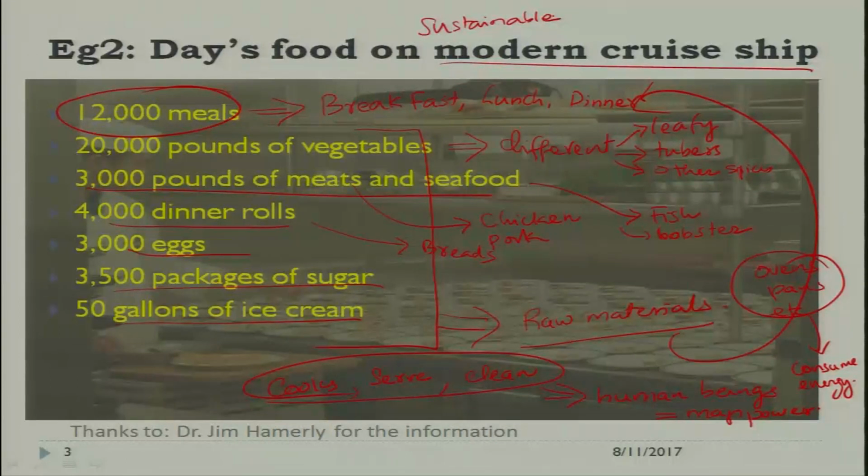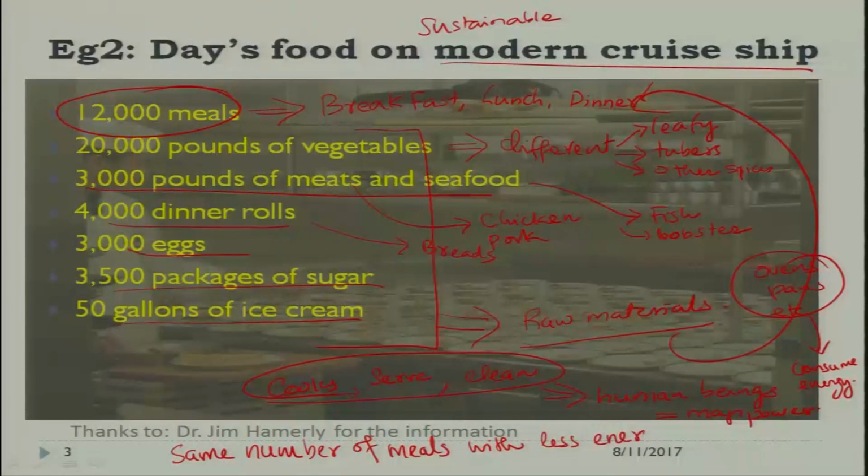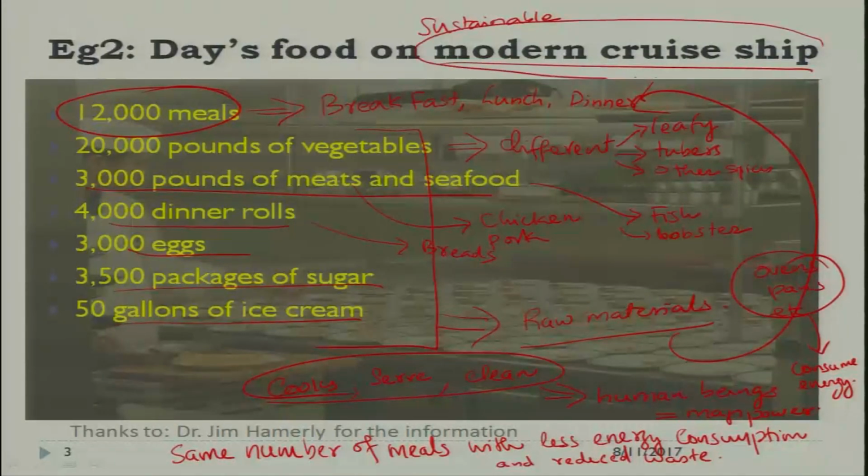then what we are talking about is serving the same quantity. So, we can write it this way: same number of meals with less energy consumption and reduced waste. So, this would be one example of attaining sustainability in the business of a modern cruise ship, which is a